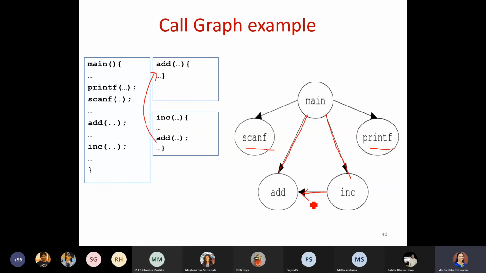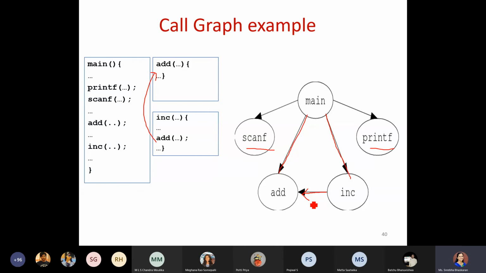In detail, we will see it in the next chapter, so we are not going in depth about this call graph. I haven't taken many examples here. I have just shown you the representation, because in the coming chapter, procedural abstraction, we will discuss the call graphs in detail and take different types of examples.